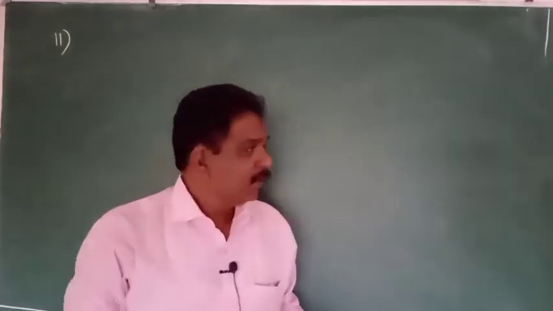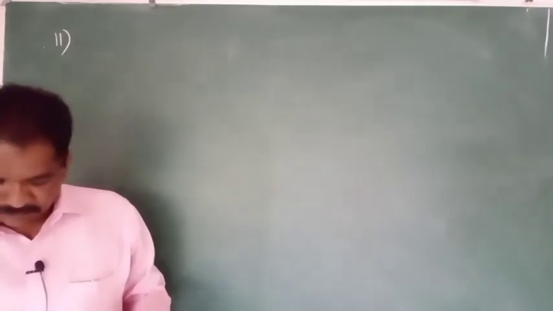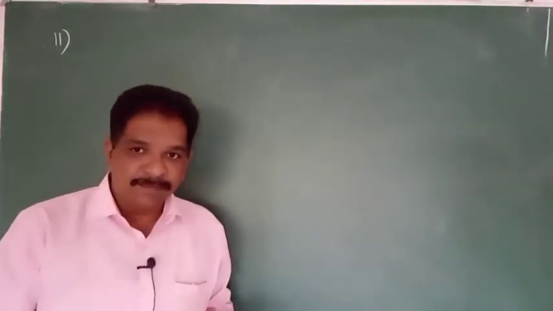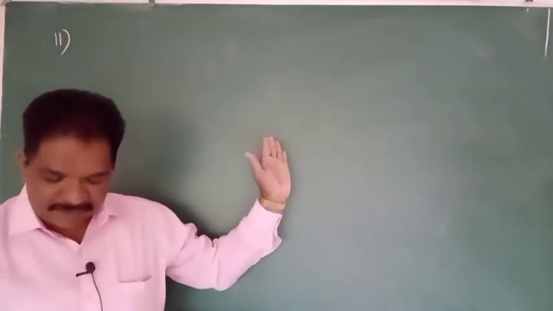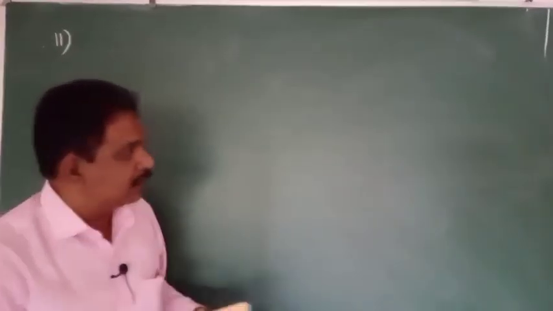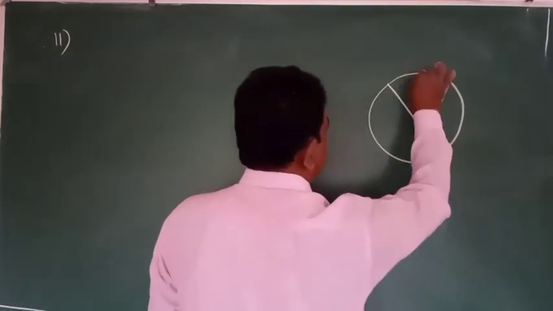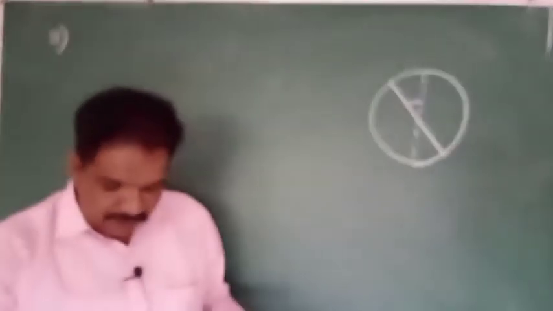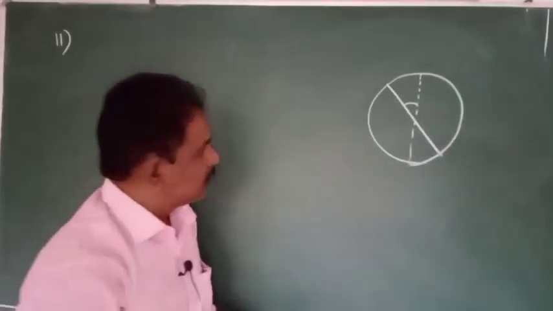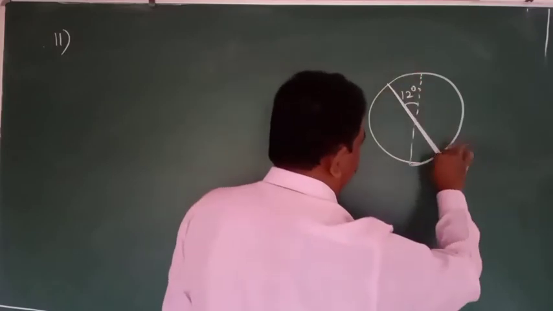Simple problem only. Here what they are giving: the magnetic needle of the compass box is turning 12 degrees west of the geographic north. So if this is the compass box, that needle is like this. This angle, they mentioned it as 12 degrees. This is 12 degrees. So Earth's magnetic field will be in this direction.